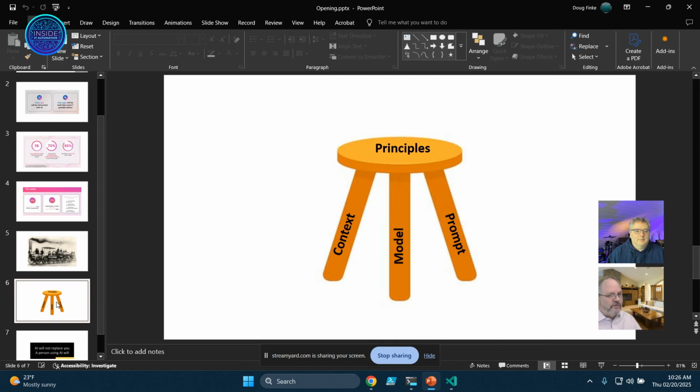So to your point, Cursor, Windsurf, Copilot, command line. Which LLM do you use? Where I'm landing is, what are the principles that you need to understand about AI? And it comes down to three pieces: context, model, and prompt. Understanding the models is important, but this one may be better at writing prose, this one may be better at writing readmes, this may be better at coding, and almost all the environments allow you to switch between models, right? So understanding the model is important, but as important is the context.